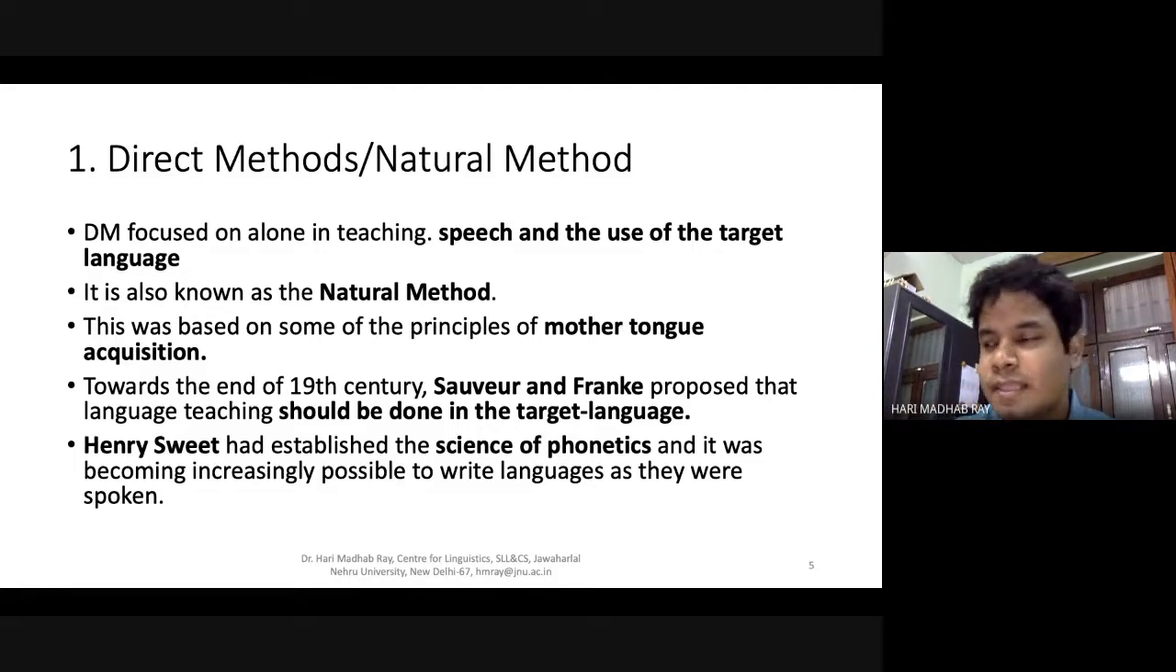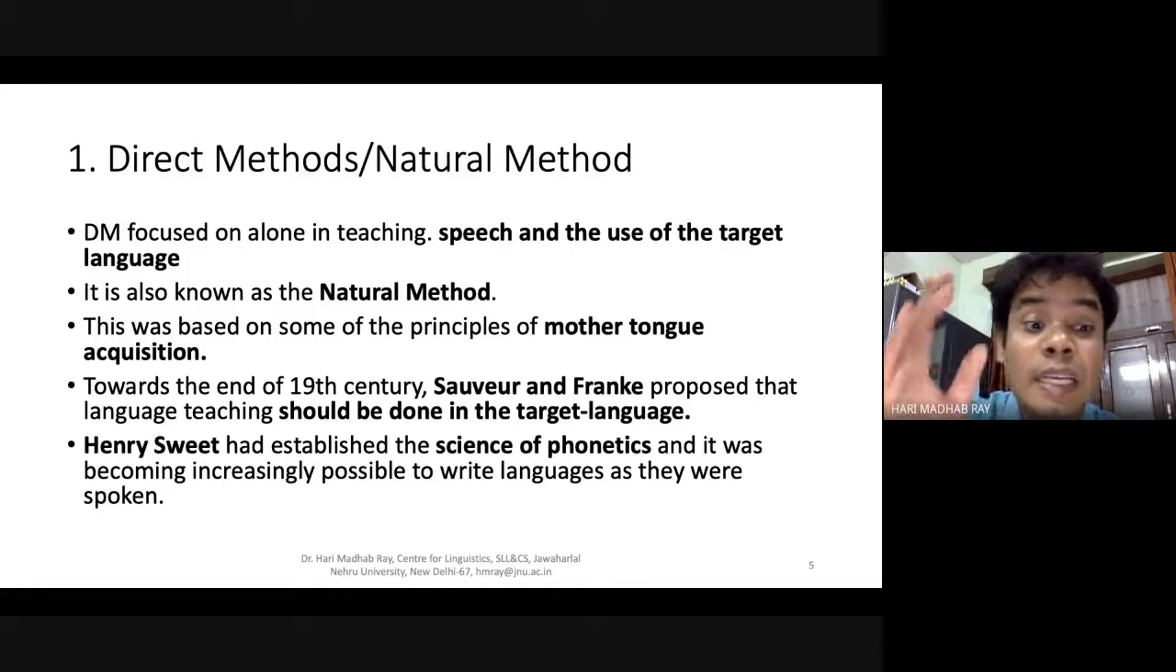And this is Professor Henry Sweet, and this is the time, if you look, he had already established the science of phonetics. The science of phonetics, especially in the American tradition, we did not see, and at this time the science of phonetics was already established, and it became increasingly possible to write languages as they were spoken. Earlier, it was not possible, but later on, with the science of phonetics, especially the IPA symbols and all,